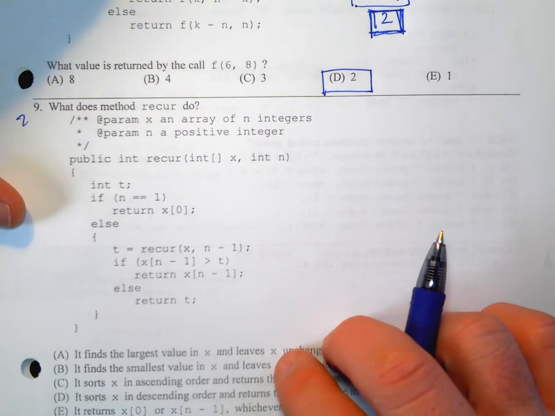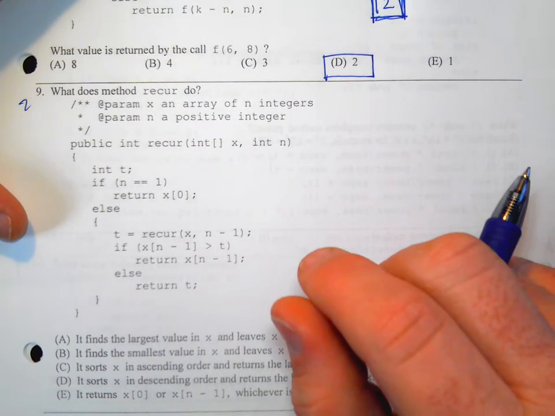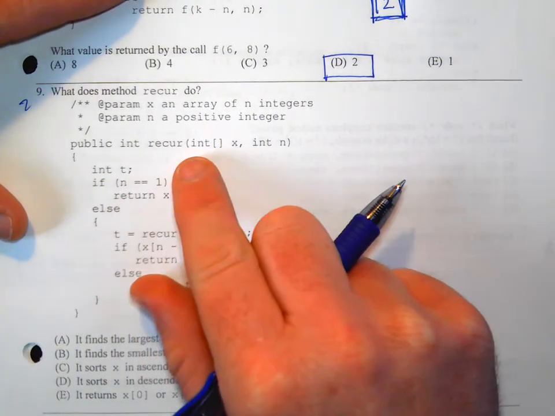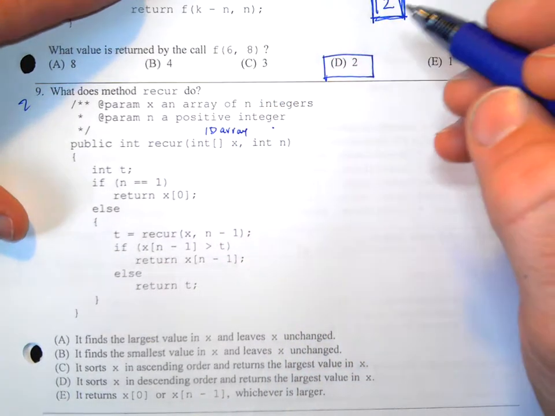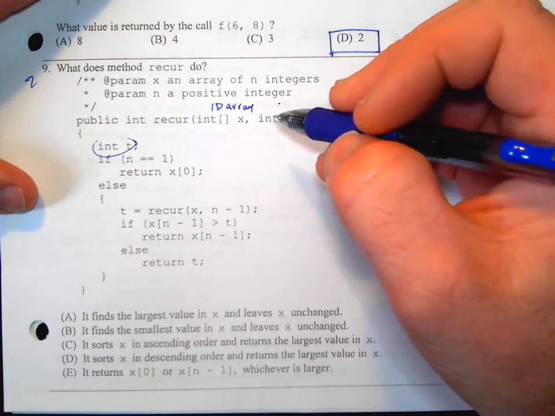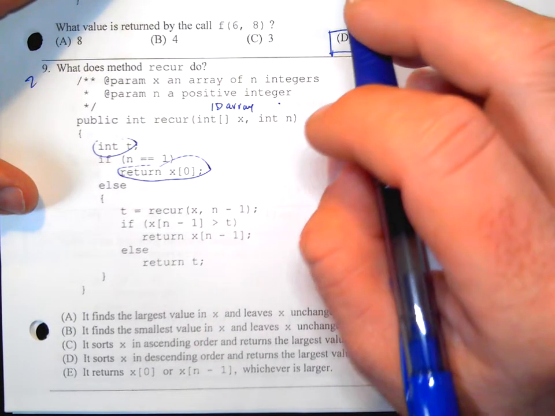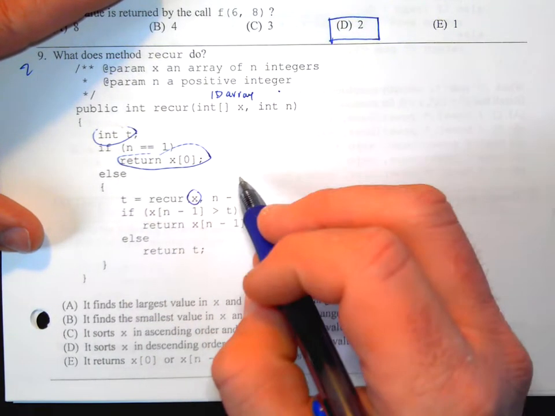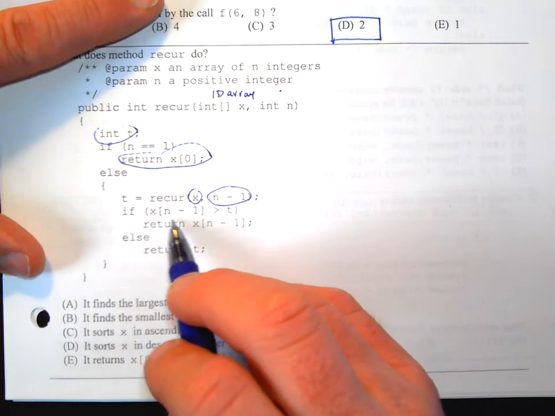9. What does recur do? So here's a method. They're just saying, what does it do? Now this one, I gotta say, I got stuck on. So public int recur, you give it a 1D array of ints, and you give it an int. And it creates a new variable inside called t. And it says, if n equals 1, then just return the first thing in the array. Okay. Otherwise, set t equal to recur, call the same 1D array, but decrease n by 1. And then it says, if the,